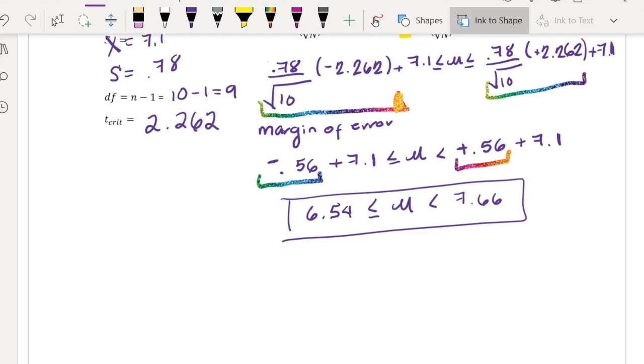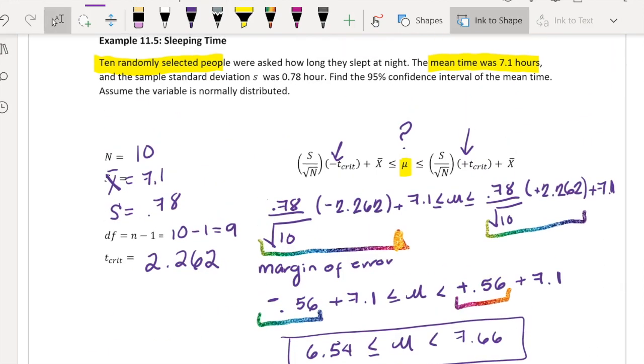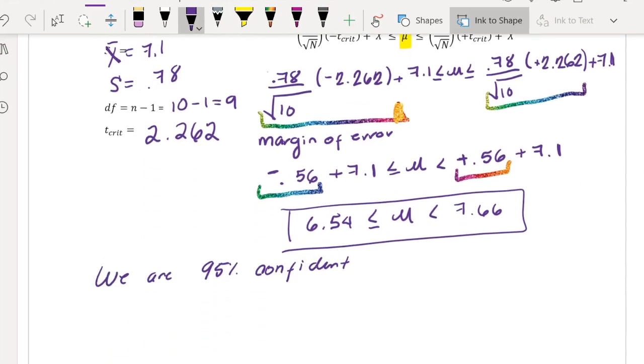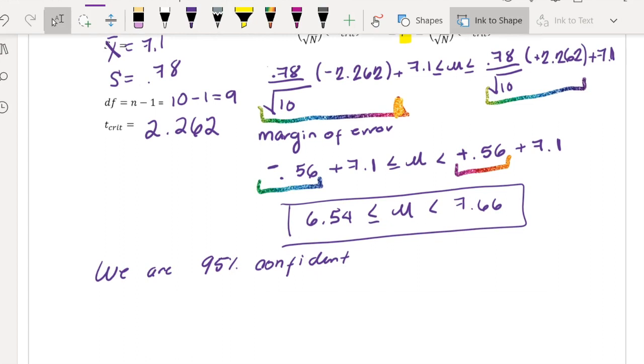So we still need to interpret what our confidence interval is. So we are 95% confident. And I say 95 because this is what they asked of us. We were using 95. So we are 95% confident that